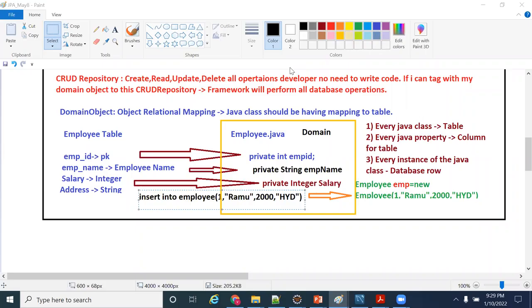If Spring comes into the picture, Spring is specially designed in line with the IOC container, Spring Core, and Spring concepts, so we will use JPA. The concepts are almost the same. JPA will be used for Spring and Hibernate will be used for non-Spring frameworks. That is a high-level introduction.